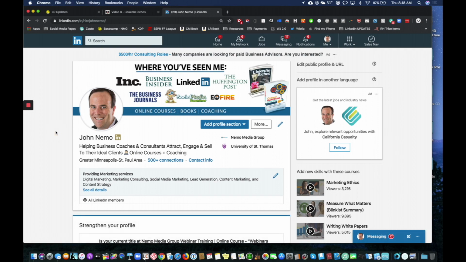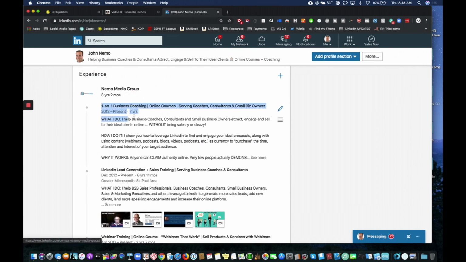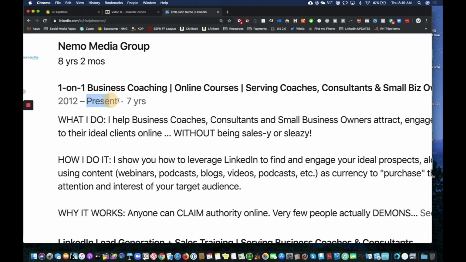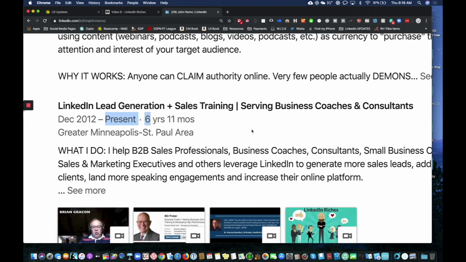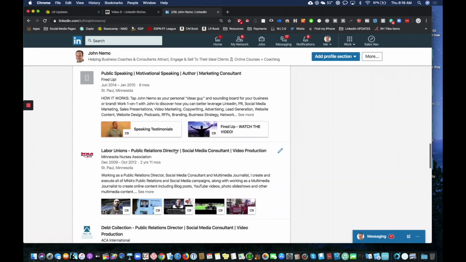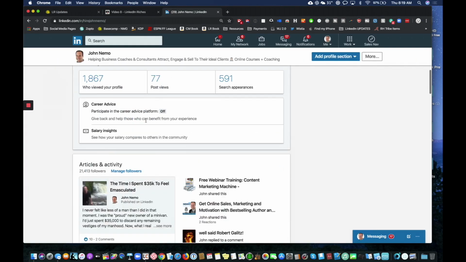So again, that's just kind of the last little housekeeping item: if you want them all to fit under here, under one company umbrella, keep the end date as present. As long as you keep the end date as present, all the jobs will show up together no matter when they start. Or if they have a start and end date, they just have to be kind of close to the other jobs. Or if it's not a big deal, it'll just get moved down here. Off we go. So there you go.